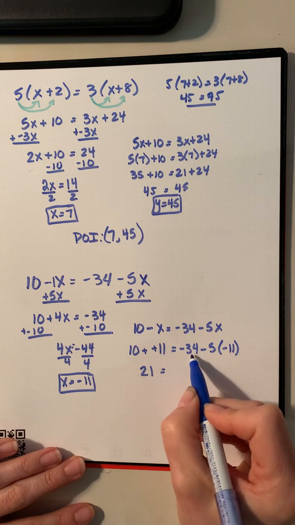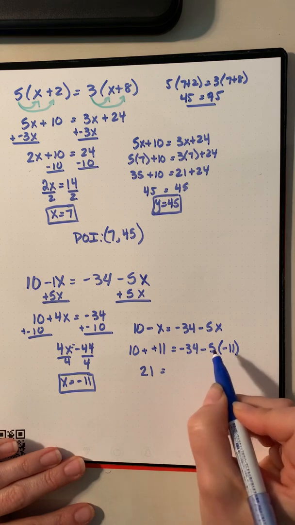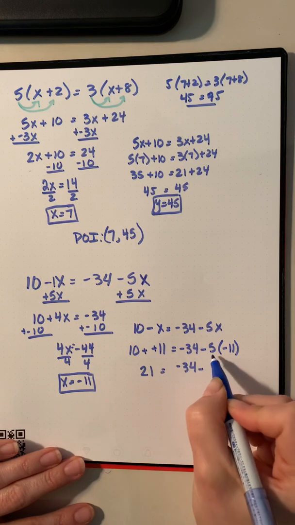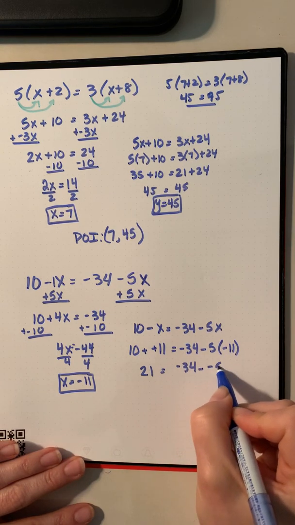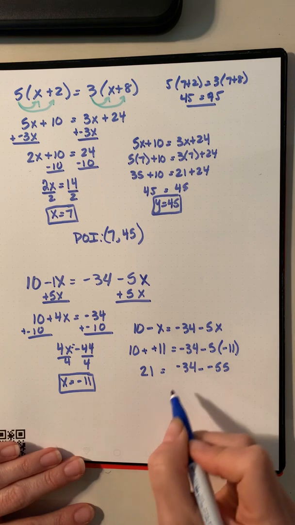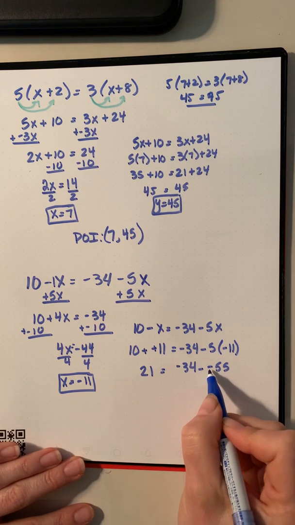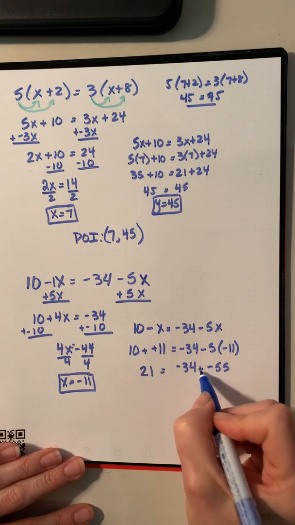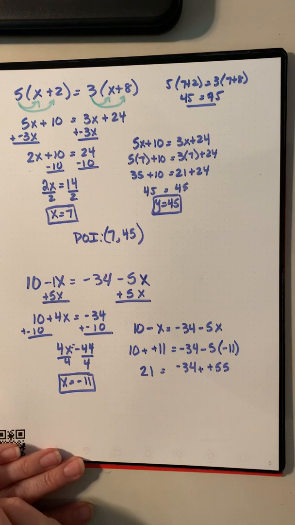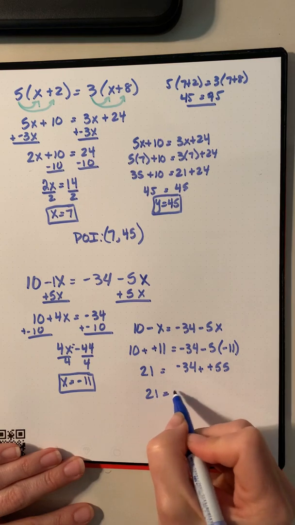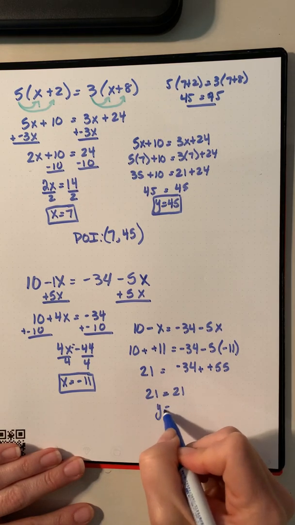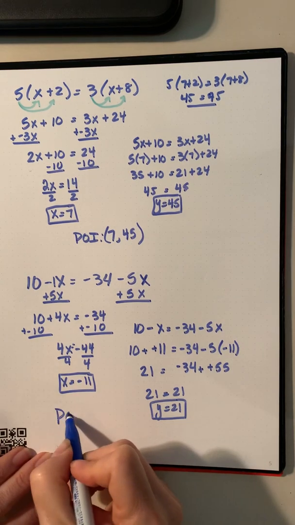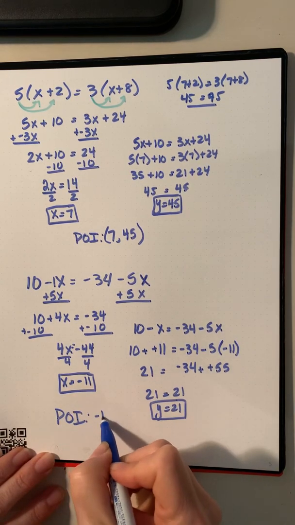Negative 34 minus, well, what's 5 times 11? 5 times 11 is negative 55. And negative 34 minus negative 55 is the same as negative 34 plus a positive 55. And then we get back to our 21. Okay, and my point of intersection is negative 11